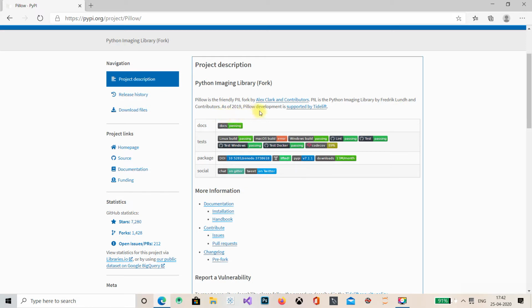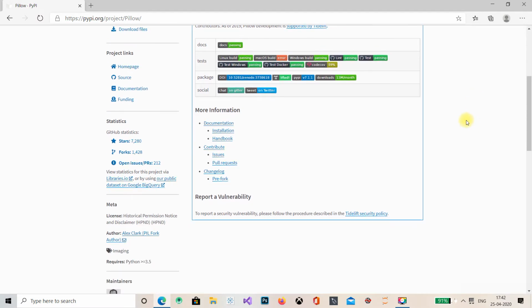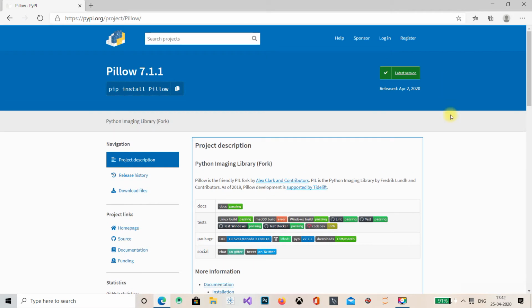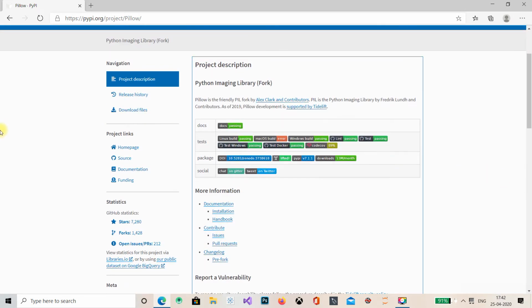As of 2019, Pillow development is supported by Tidelift also. You may want to know the history of PIL: when it was launched, it was not working for Python 3, so they developed one new library called Pillow and brought the PIL image module into it.